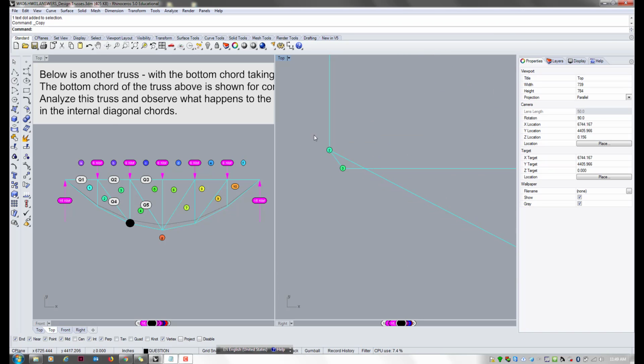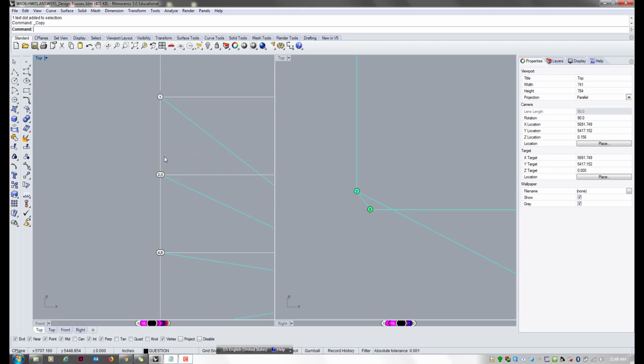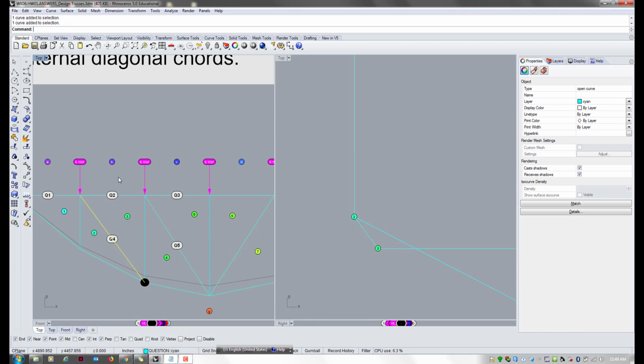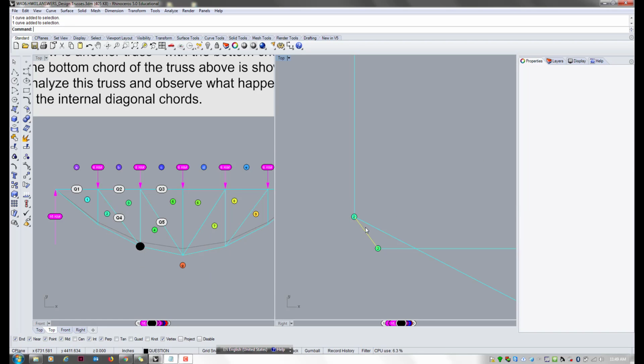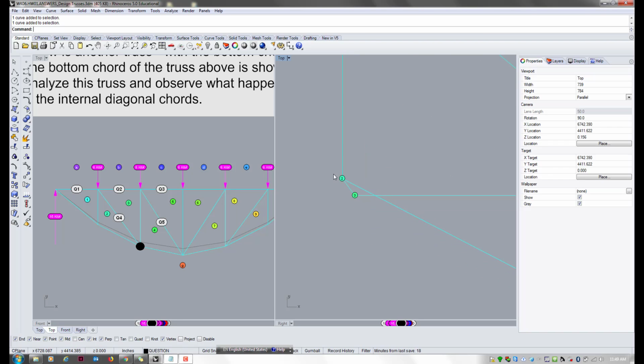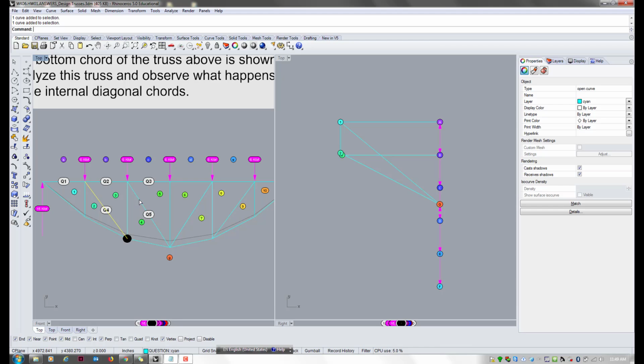So that's the difference from the first truss, where 2 and 3 were identical points, but now they are slightly off from each other. So that means the diagonal member in the new truss, which is right here, is going to have a very small force because the length of this line is very short compared to the others, but it's definitely not 0. So that's the important difference,